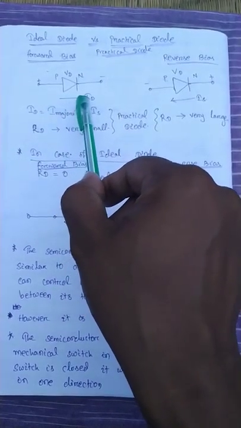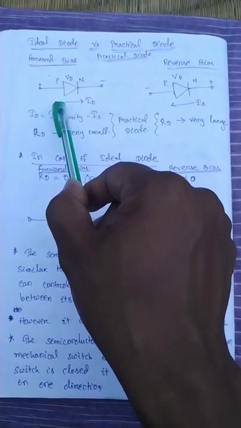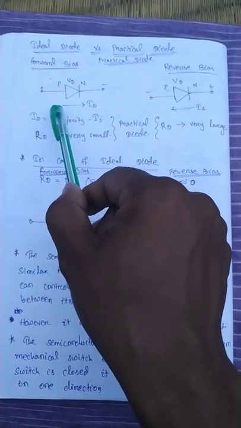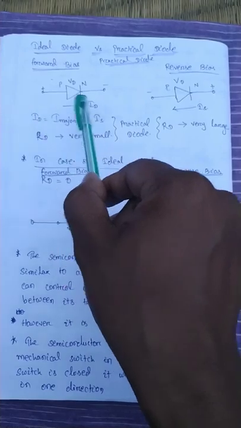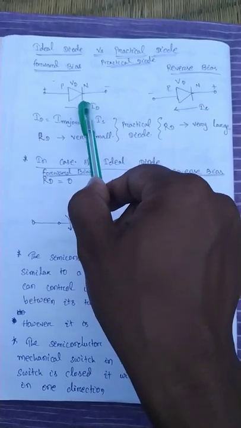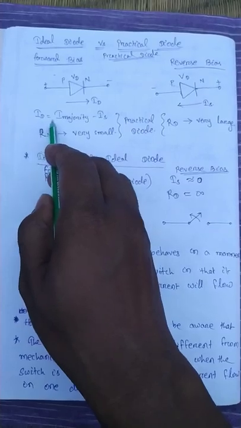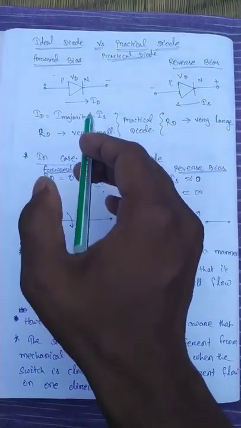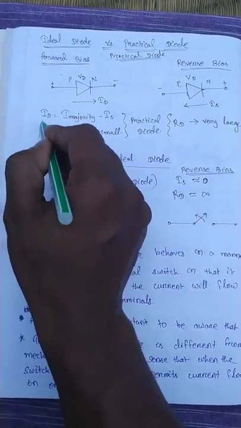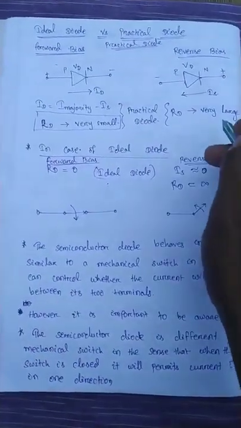In these conditions, the depletion region becomes thin and will provide a very small resistance path for the majority charge carriers to flow. As a result, there is a generous amount of charge flow through the diode. As a result, a current flows through the diode in this direction. That current is known as the Id. As we have discussed, Id equals I majority minus Is. So in case of forward bias conditions, the resistance provided by the diode is very small.